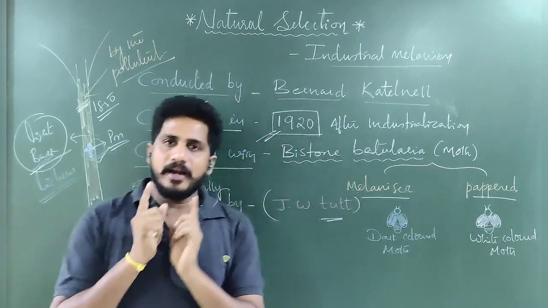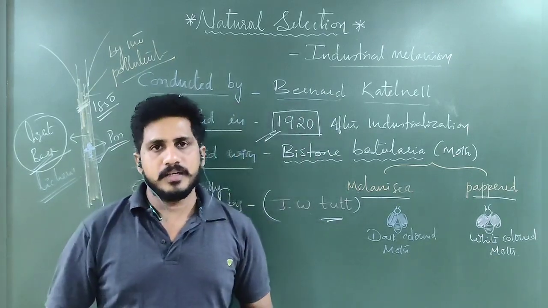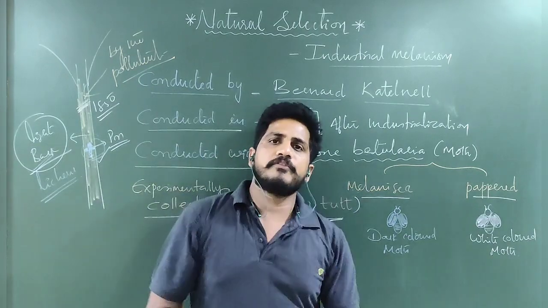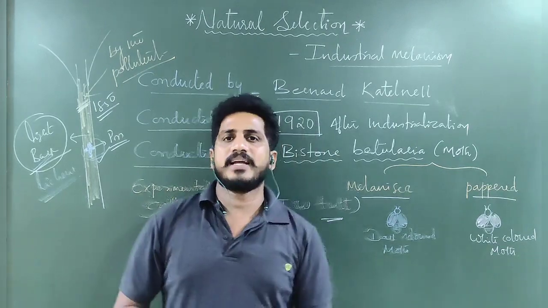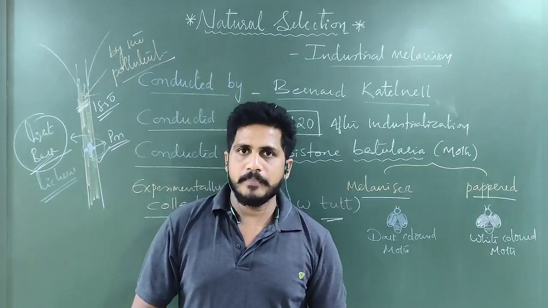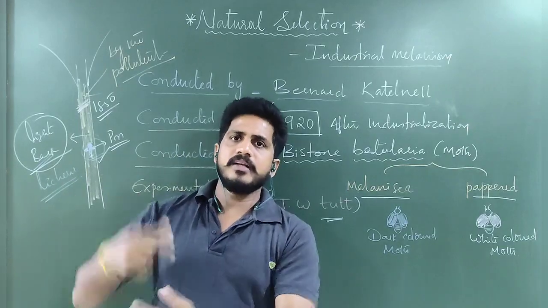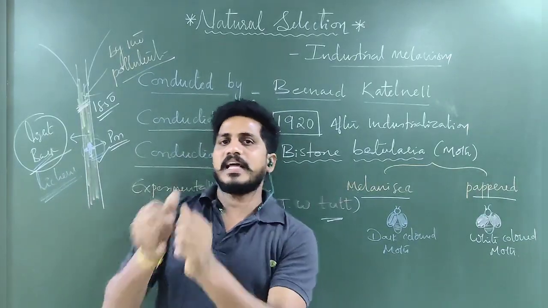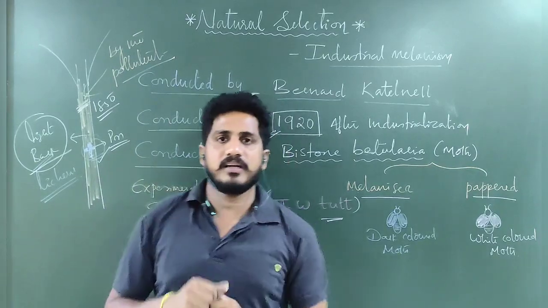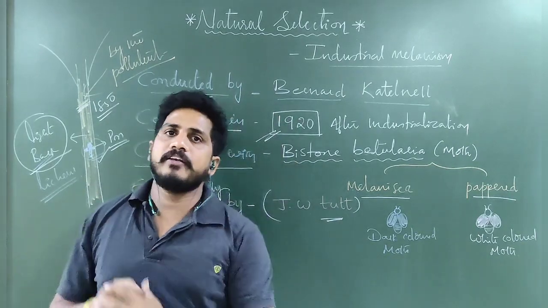Clear? I repeat, 100 black and 100 white are in your hand. 50 black and 50 white you released in the rural area, and 50 black and 50 white you released in the urban area. After some weeks, after some months, you go and collect randomly in both areas. Firstly, you go to the rural area where 50 white and 50 black were released. If you collect 100 randomly, not the same ones, since their generations are over there, then in that 75 will be white and 25 will be dark.